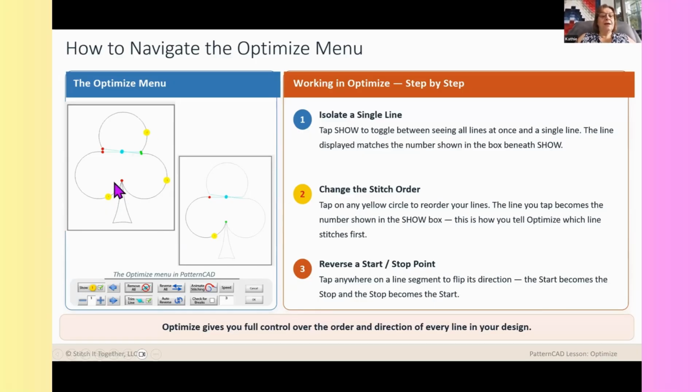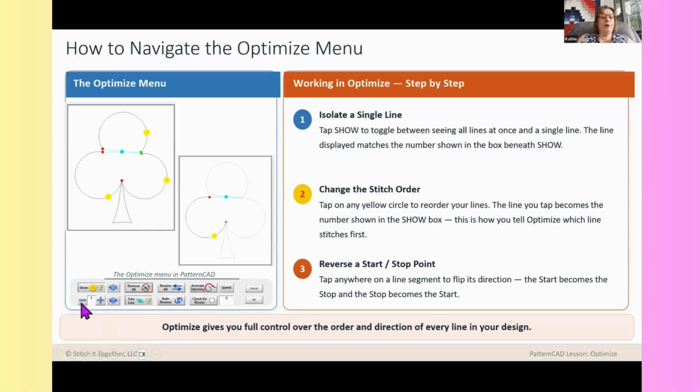So in this one, they're kind of small, but you can see that there are numbers inside of these yellow circles. If you want to change the stitching order, again, you're going to want to look at this function right here in this box down here. Whatever number is inside of this box, you can click on the yellow circle and it will become that stitch order. So right now this says 1, 2, and 3, and that is the order that I would want it to be in. But if I wanted it to reverse and be 3, 2, 1, I could reverse that as